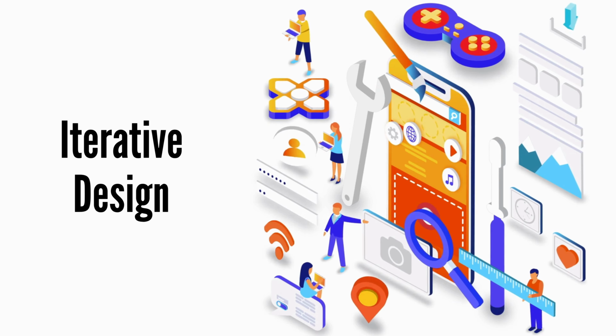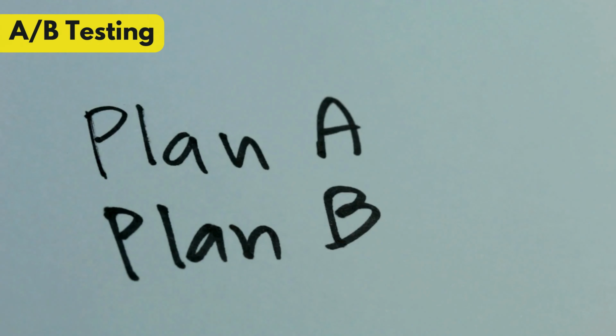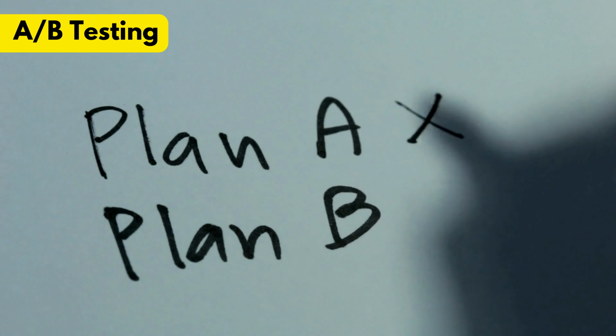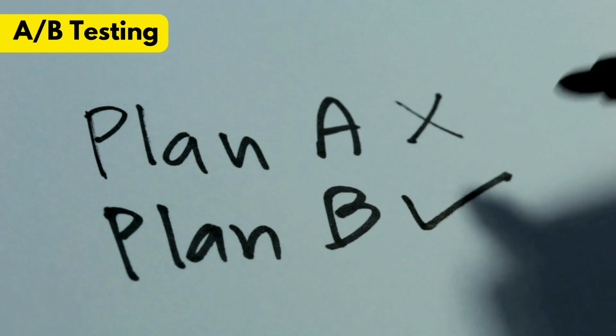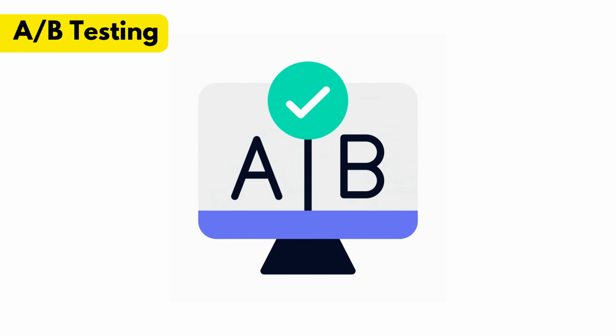However, it can be time-consuming and may lead to scope creep if not managed properly. While iterative design is effective, alternative techniques like A/B testing could provide quicker insights into user preferences. A/B testing allows for comparing different versions simultaneously, which can speed up decision-making.